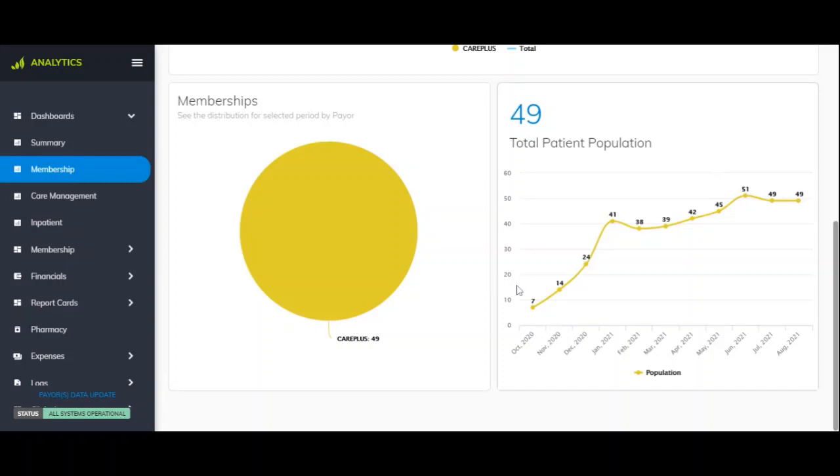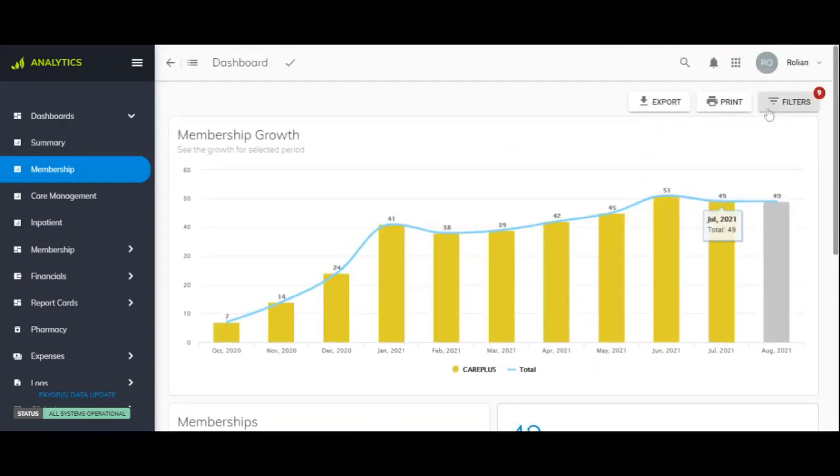Here we can also see a line that shows the growth of that payer in particular regarding the memberships they got in a specific period of time. And that will be all for this tab. Now,